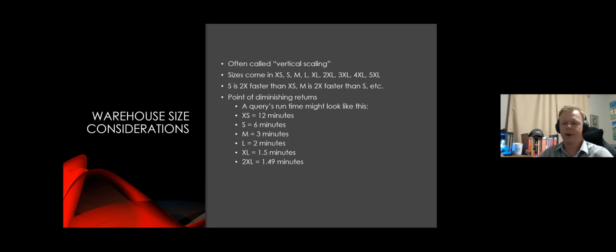A small is 2 credits per hour. Medium, 4, and so on and so forth. There's a good relationship where you'll get double the performance. If we think back to that micro partitioning